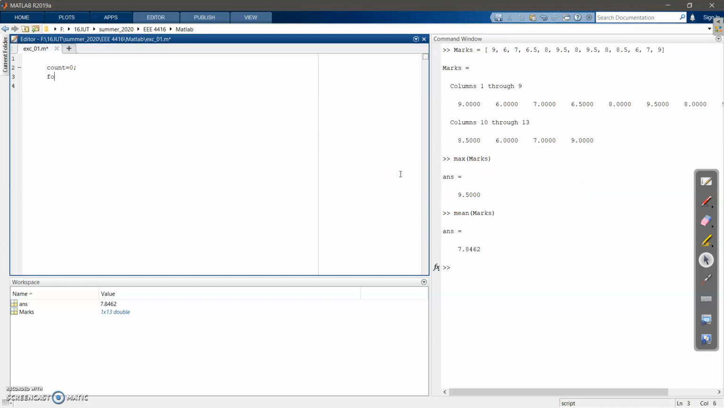First let's write our code. For I is equals to 1 to, I'll go for the last element, that was 13. But instead of hard coding it, let's use this function length of marks. This length is another built-in function. It will actually give me this 13 value, the length of this array. Okay, then if